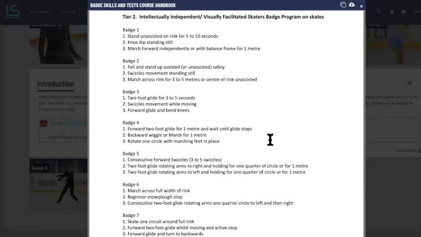Badge number 4, forward 2-foot glide for 1 metre and wait until the glide stops. Forward wiggle or march for 1 metre and rotate 1 circle with marching feet in place. Okay, so you can see what we've actually done there from badge number 3, that they're beginning to do 2-foot glides and Swizzles movements while moving. And then badge number 4, you're beginning to introduce the concept of waiting for the glide just to peter out. So they're not stopping as such, but they are beginning to move. And they're also now beginning to rotate more. They're beginning to walk round the circle, so to speak,